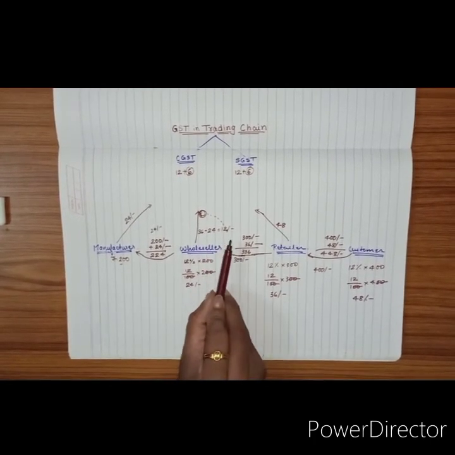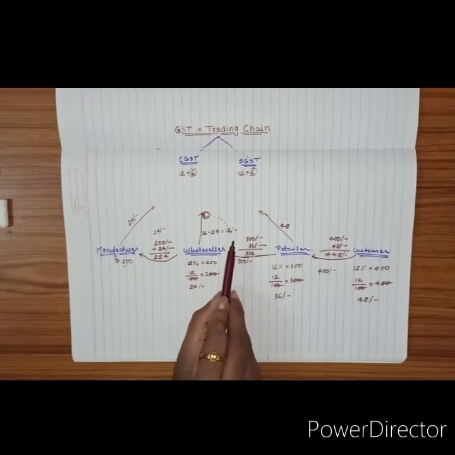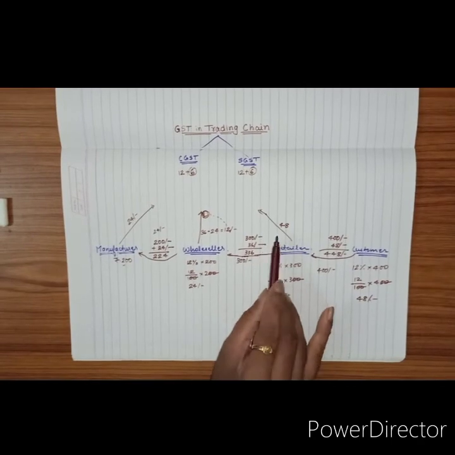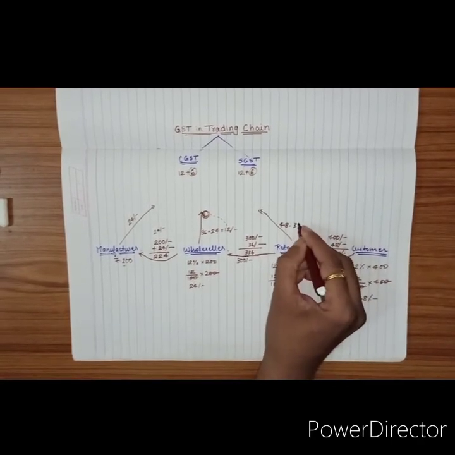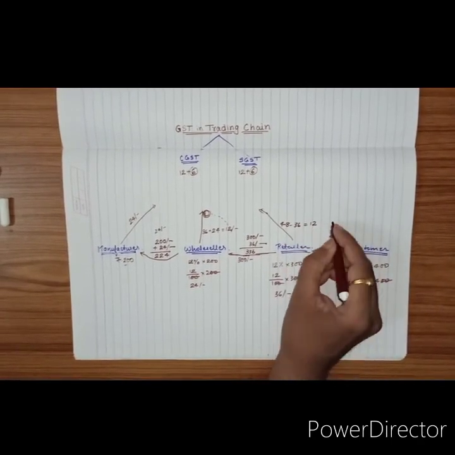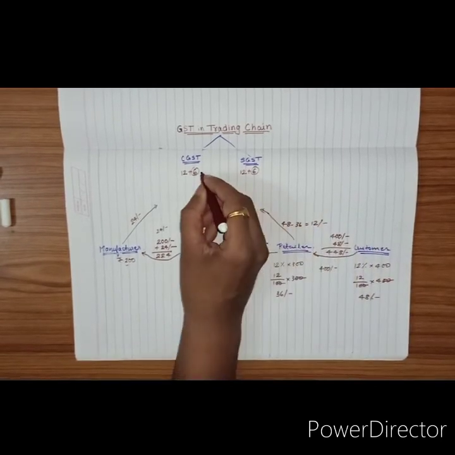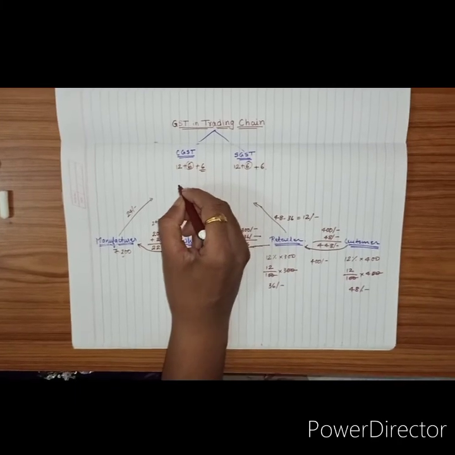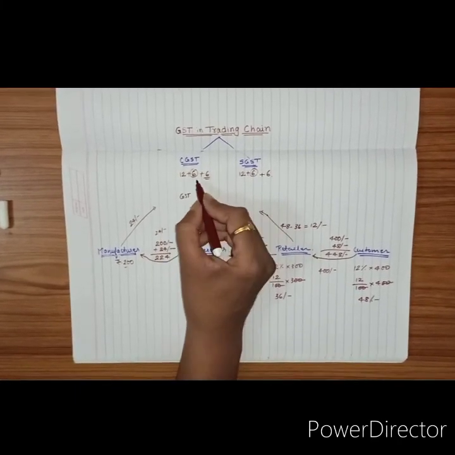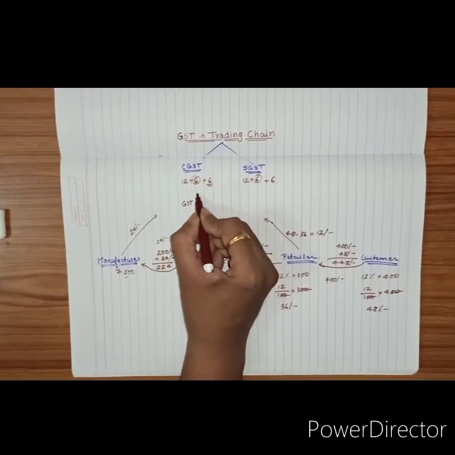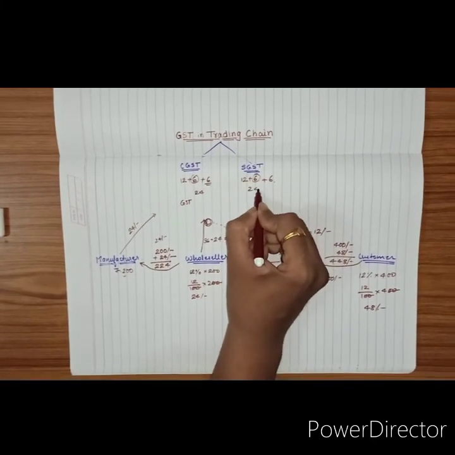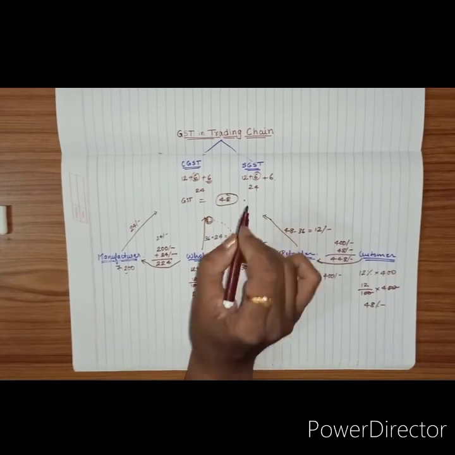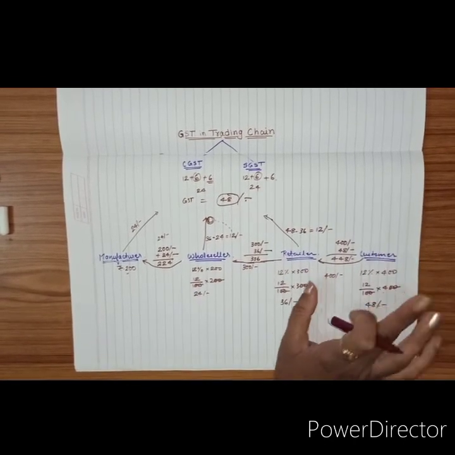See, understand what is input and output GST, I'll explain. But for this, right now, it will be minus 36, which gives you 12 again. And this 12 again goes to 6 and plus 6. So, the total GST paid here is how much? 24 plus 24, that gives you 48. Okay, so the total GST paid on this is 48 rupees.